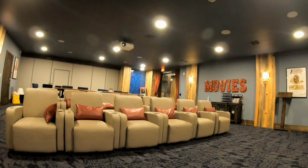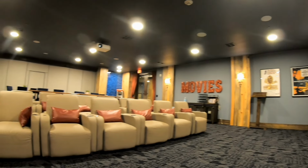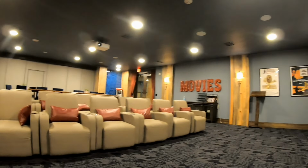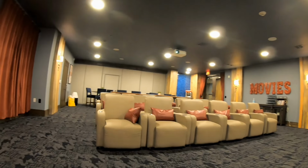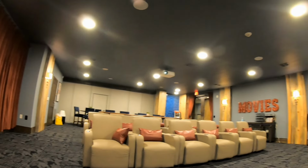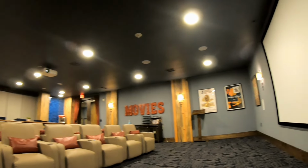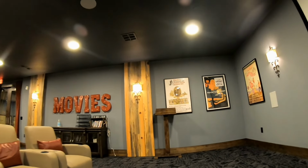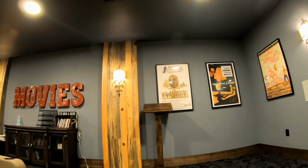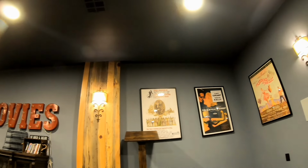There's the comfortable seating that we have to use. You see the movie theater badge on the wall. It really gets you in the mood. It's like going to the theater. There's some more posters, and right down there is a podium, and I want to bring y'all's attention to that